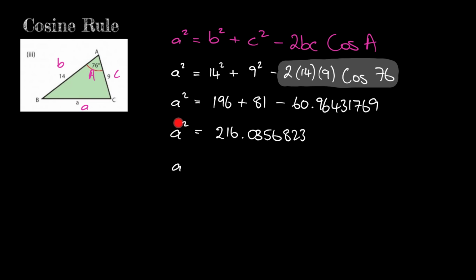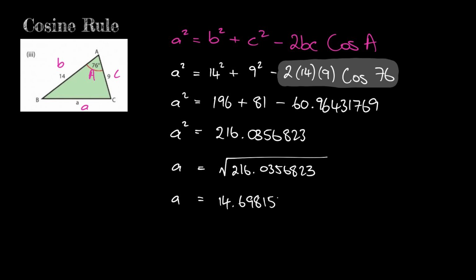So to get the inverse square or the opposite of square, it's the square root. So if we get the square root of 216.0356823, it'll give us the square root of your answer, which is 14.69815234. Now, what I'm going to do, just for the sake of rounding, because people are still making mistakes at rounding, I'm going to round this to